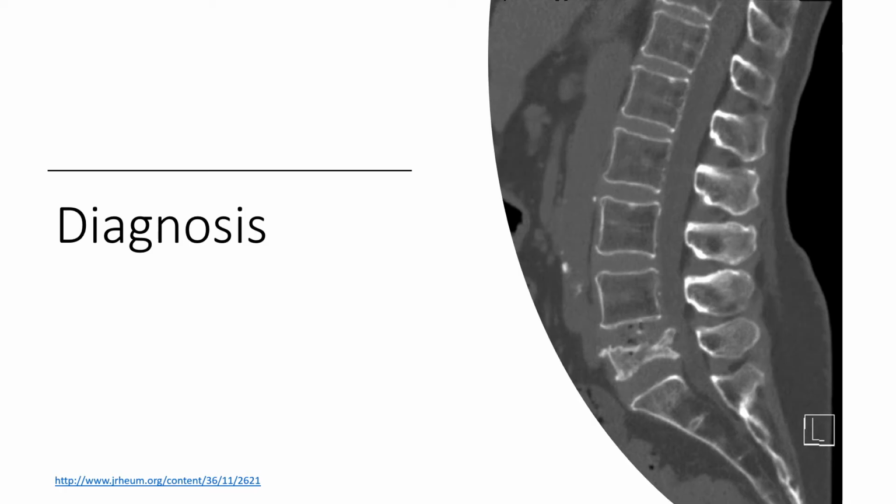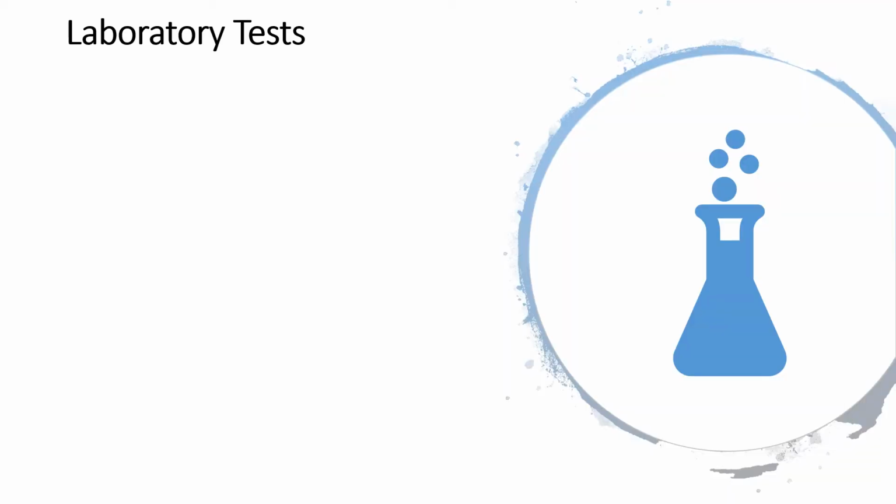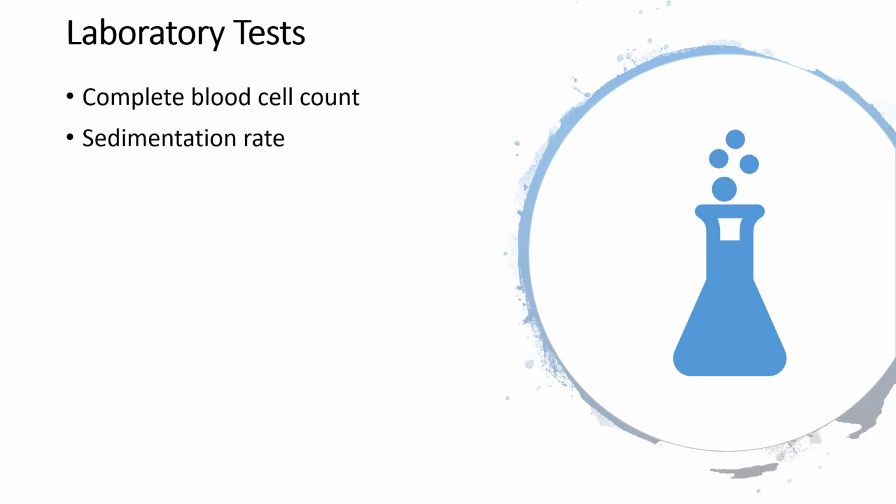Now, how do you diagnose a case of osteoporosis? The main diagnostic aid of osteoporosis is radiology, but sometimes you have to rule out the secondary causes of osteoporosis, and for that you have to do certain laboratory tests. So you can go for either a complete blood count along with the erythrocyte sedimentation rate or the ESR, electrolytes like sodium and potassium, along with creatinine to see the condition of the kidneys, serum calcium to see the level of serum calcium,